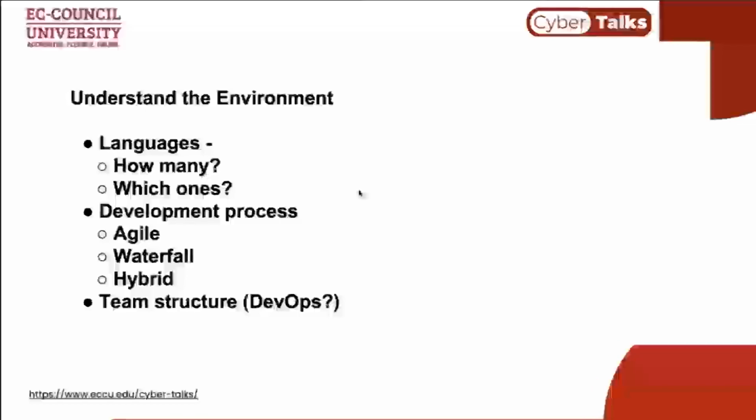The first thing I always talk about when I start with the conversation of building out an AppSec program, or understanding which tools you need in your arsenal, is that I think it's best to understand your environment. What I mean by that is don't try and take one tool set that you've used before in a previous place. Understand what is currently used in your current environment. The rationale is you're going to be more successful if you integrate with what's already there rather than try and force an entirely new process. Some of the things that I really look at, these are just a few examples,